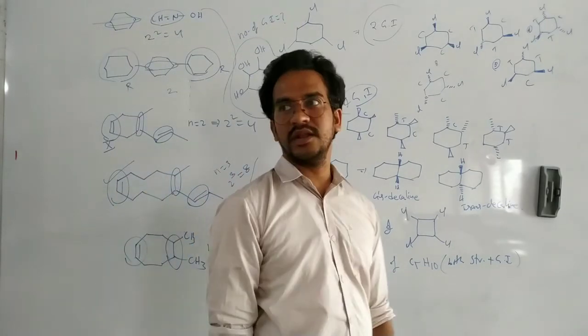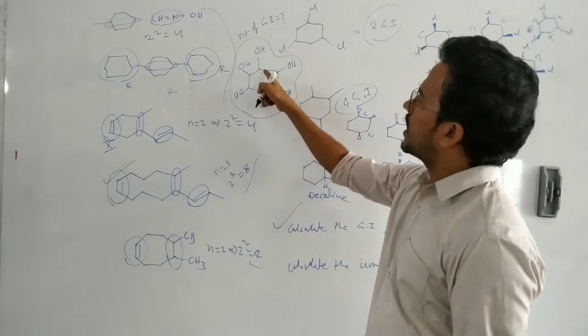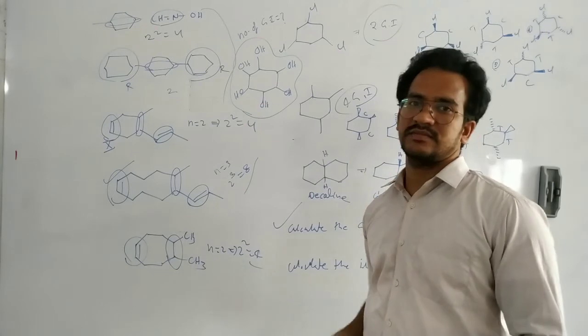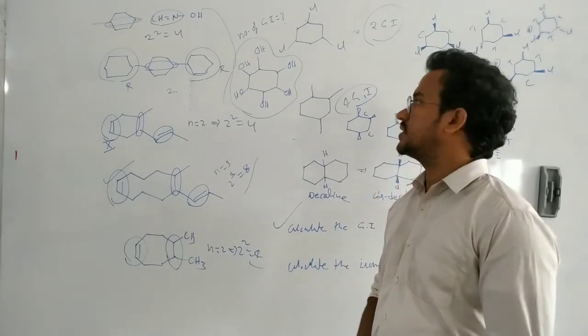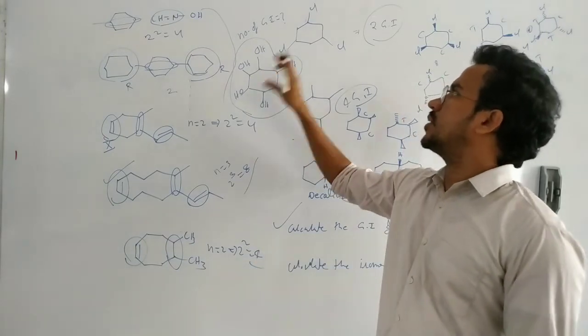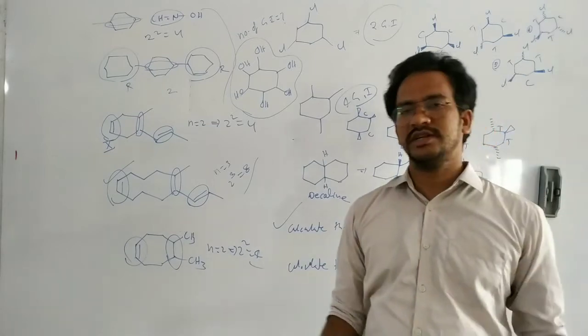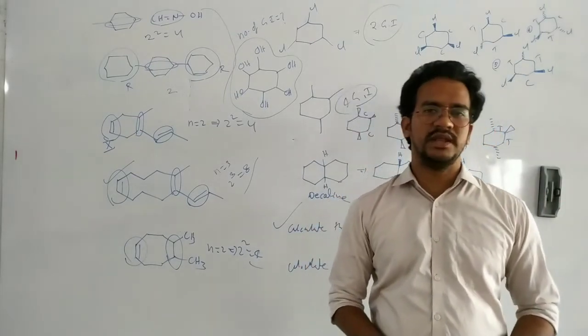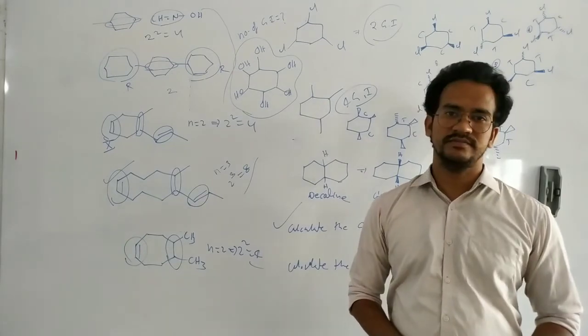Again, I will discuss the optical isomerism about this. Okay, 1, 2, 3, 4, 5, 6 hexadiol, cyclohexane hexadiol. What is the number of geometrical isomers for this? Okay, calculate that one. So that is about the calculation of the geometrical isomers in cyclic and acyclic compounds. Okay, that's it. So write down.